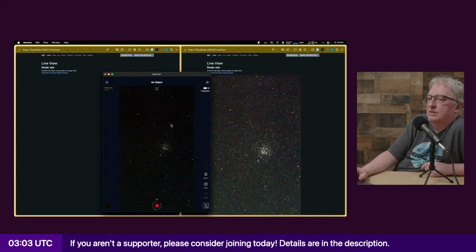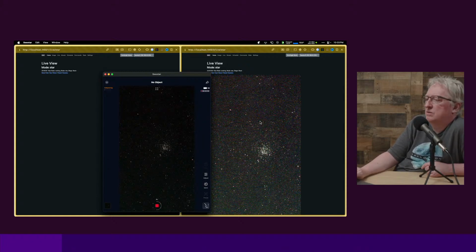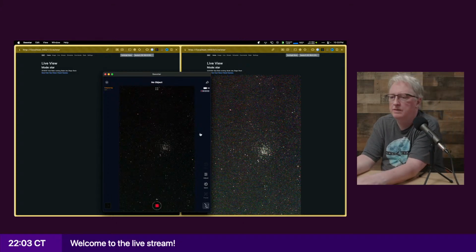So this is another example of the stretch being applied. There's more noise on it probably because I'm being more aggressive with the stretch, but actually we can test that out.